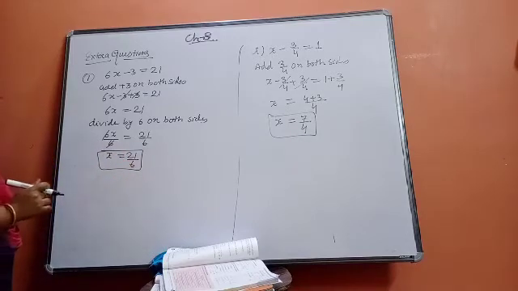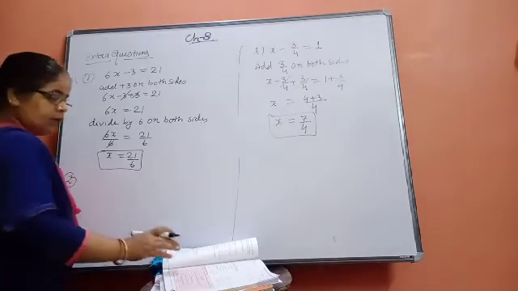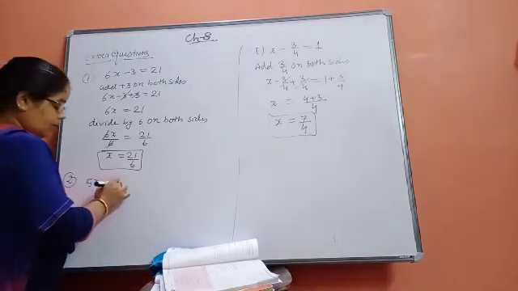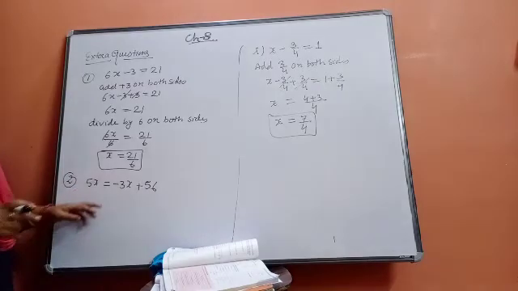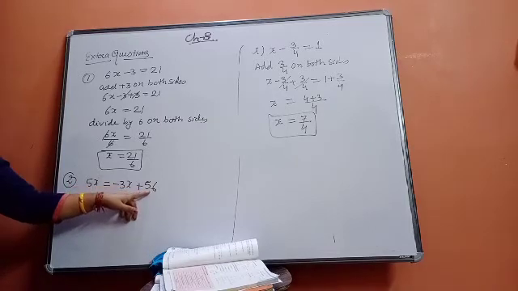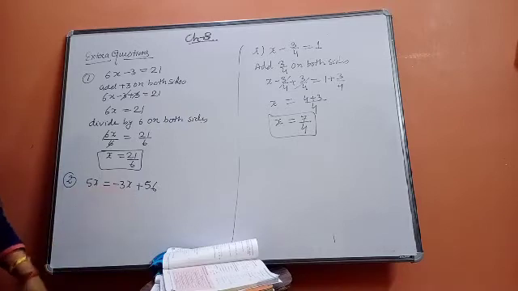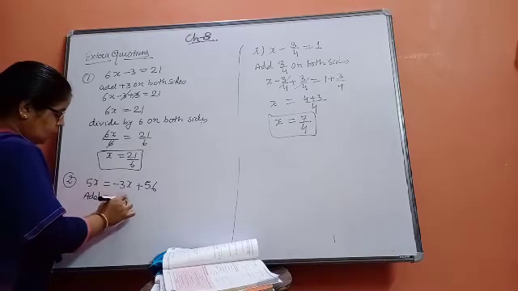Okay, one more question I am going to do, see that, and afterwards I will give the question to you. Okay, 5x is equal to minus 3x plus 56. Here both sides have x terms, that is, variables. So what we will do, from one side you remove the variable, you should go to only one side. Here an arithmetic value is also there, so remove this algebraic term from here. So it is minus 3x. So what you will do, add 3x on both sides.